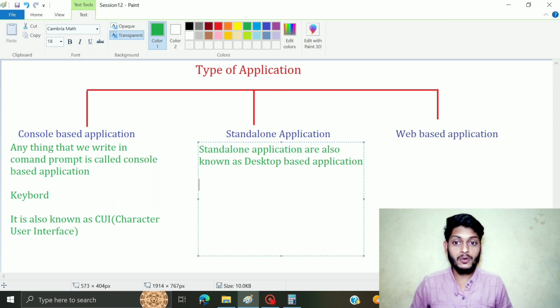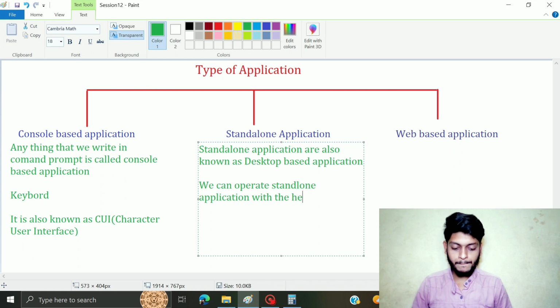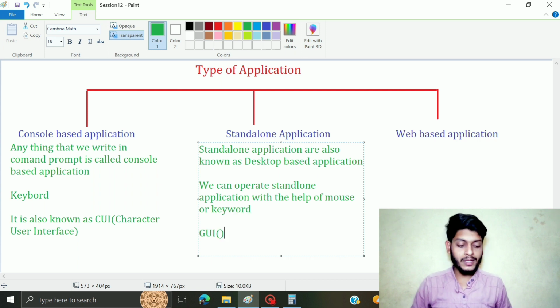We can operate standalone applications with the help of mouse and keyboard. Let me write: you can operate or use standalone applications with the help of mouse or keyboard. It is also known as GUI. So what do you mean by GUI? Graphical